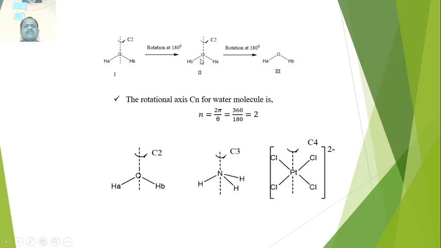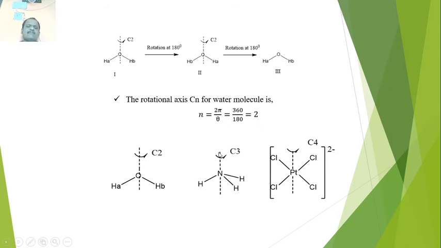For one rotation here you have to rotate this molecule by an angle of 180 degrees. So theta is equal to 180 degrees. So 360 divided by 180 is equal to 2. It means if you perform 2 rotations of 180 degrees each, then and only then does this molecule give the identical configuration. You got this point? So what is the axis here? C2 axis. So C means the axis of symmetry, and 2 is the order of that axis. So 2 is obtained by the value of n.